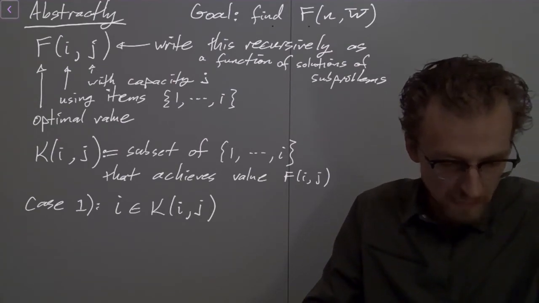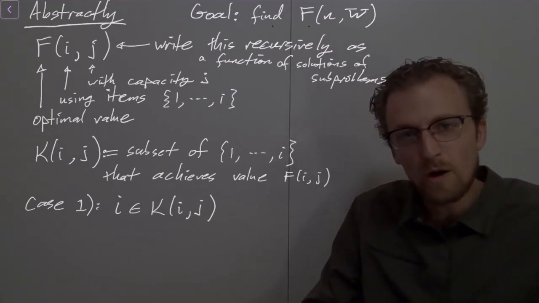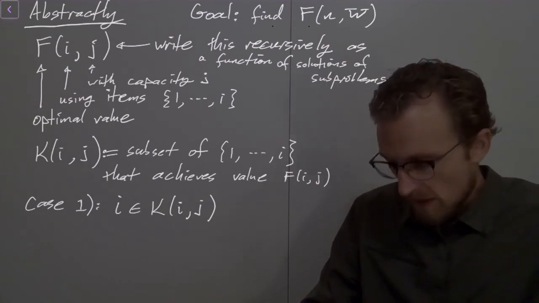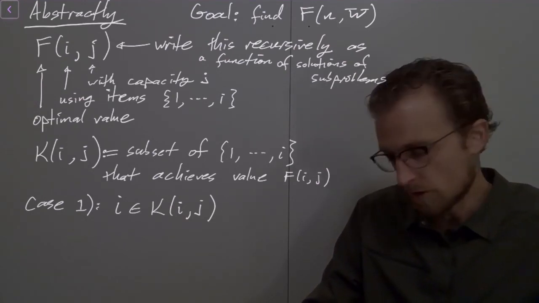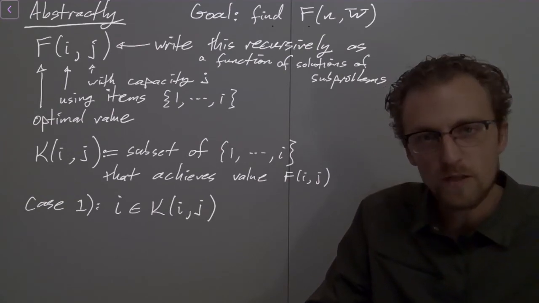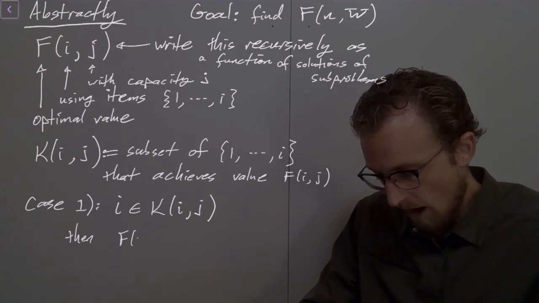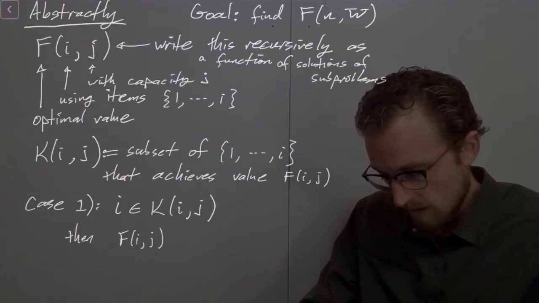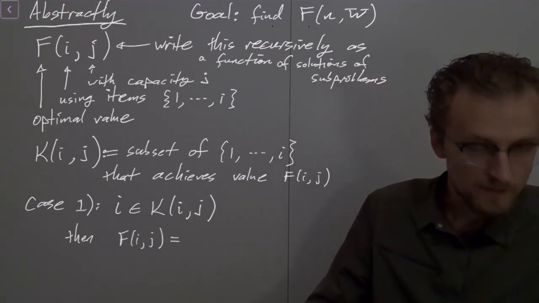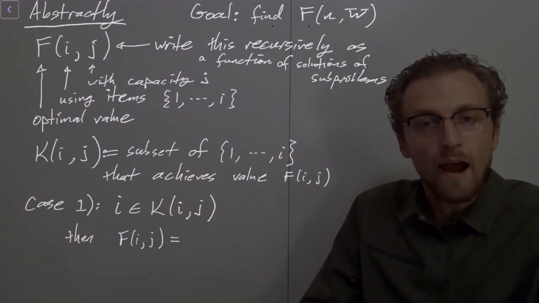So what does this mean? If i is a member of the optimizing subset, then I want to use that information to write f of i and j as a function of subproblems. So what I have is that f of i and j can be written as the value of item i,